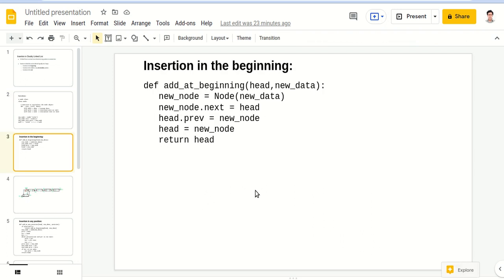Now let's see the insertion code, how to do insertion at the beginning of a doubly linked list. First we need to instantiate the new node: new node is equal to Node(new data). Then new node dot next is equal to head, and head dot prev is equal to new node.